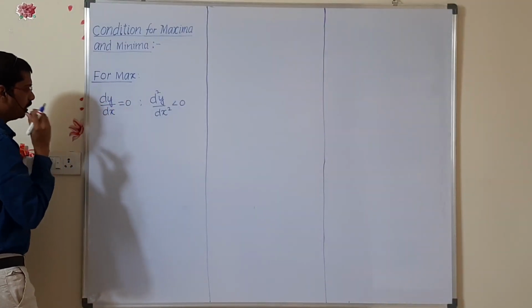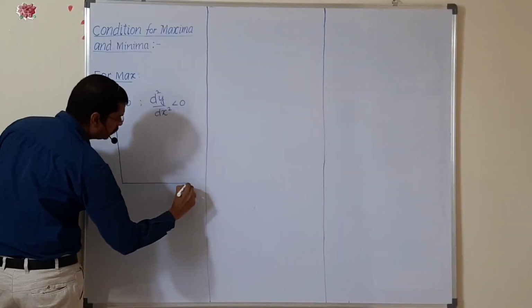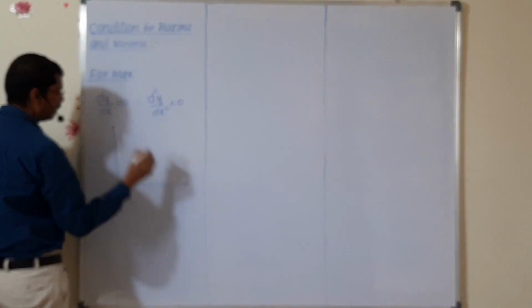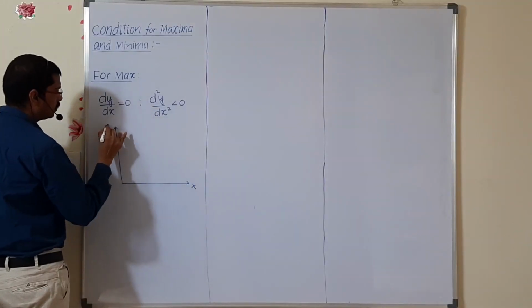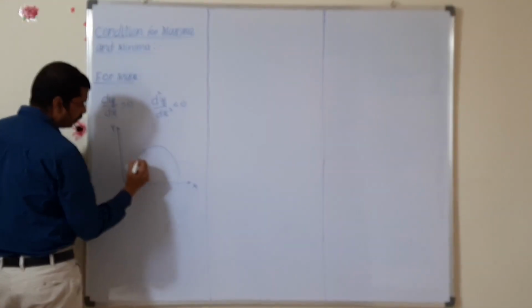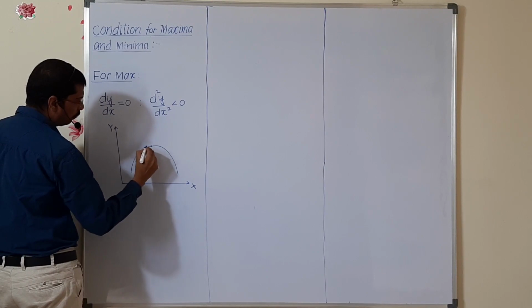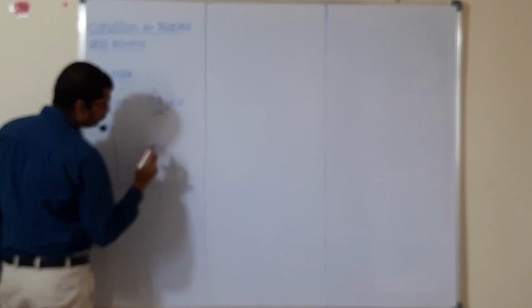In this maximum, how can we take it by using the graph? Let us consider this is an xy plane. This is x and this is y. The maximum value I am taking like that. How can we recognize the maximum value? Where you draw the tangent, now I am drawing the tangent here, this tangent parallel to the x-axis, that point will give the maximum value.